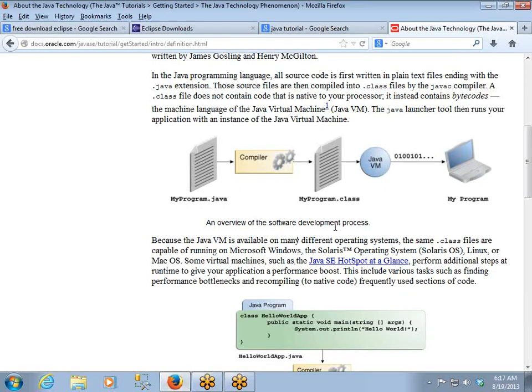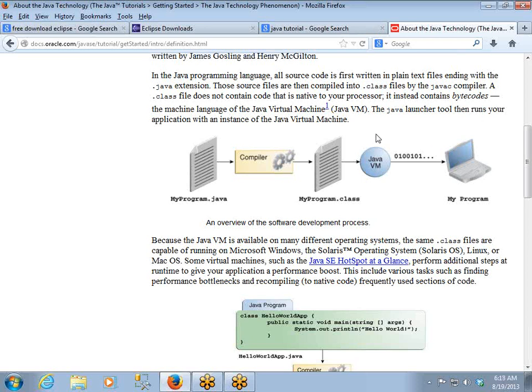So this intermediate file we are talking about, the .class file, is it directly executable on all platforms? Definitely no. Why? Because every machine understands instructions in zeros and ones, which are called binary instructions. But the intermediate file converted by the Java compiler, the .class file, is definitely not understandable by an underlying platform.